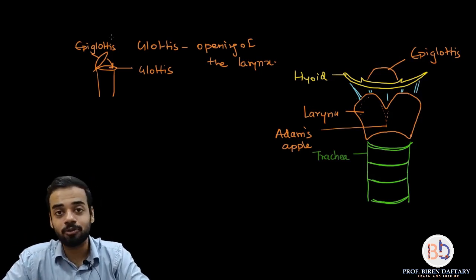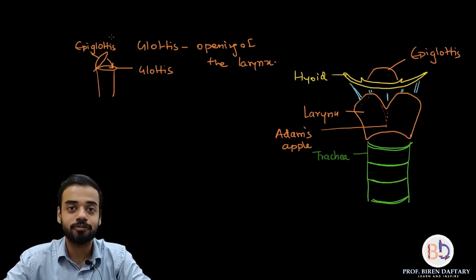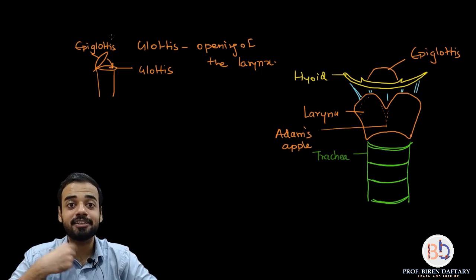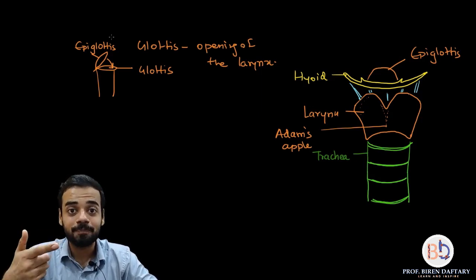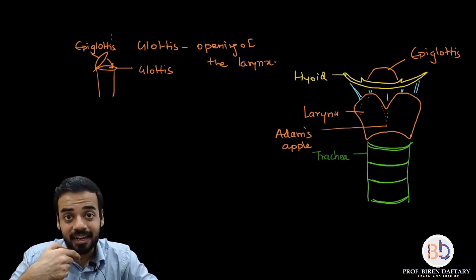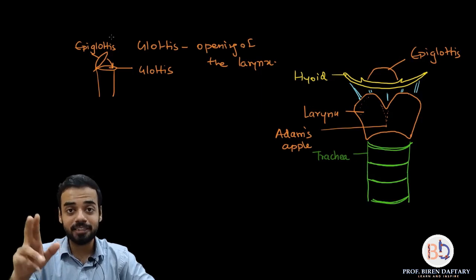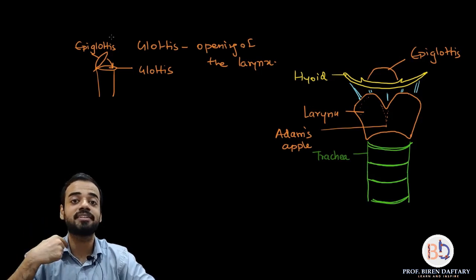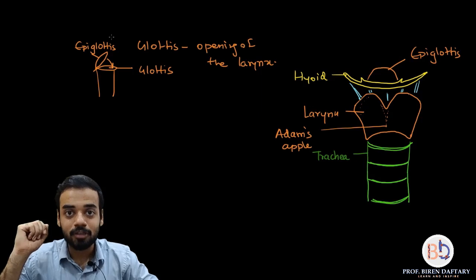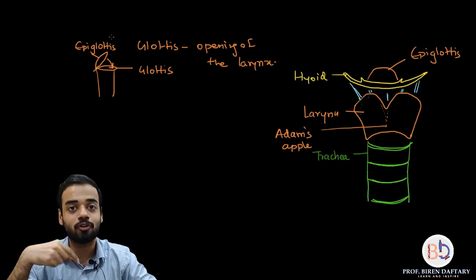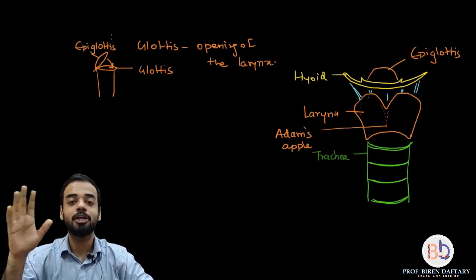However, sometimes you may have noticed that when you are eating food and you are talking also with somebody, then accidentally if you swallow water or food and it enters your respiratory tract, then you start coughing. That happens when accidentally the epiglottis remains open, because you are trying to breathe and you are trying to swallow at the same time. Otherwise, you can try it right now or after the lecture. Try drinking water. Okay, try to swallow it and try to breathe in at the same time. You will not be able to do that. First, either you breathe and after you finish breathing in, then you will be able to swallow, or first you swallow, then you will be able to breathe in. You cannot do both of them together.